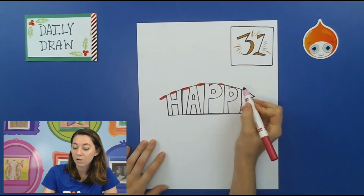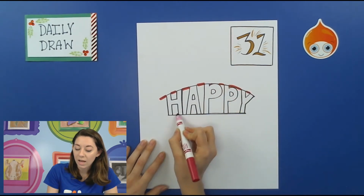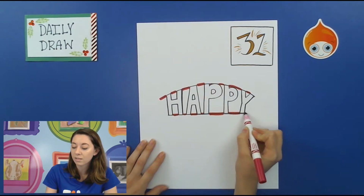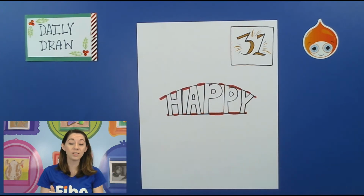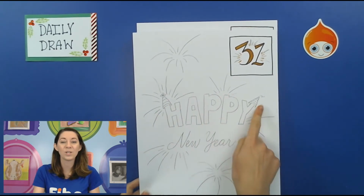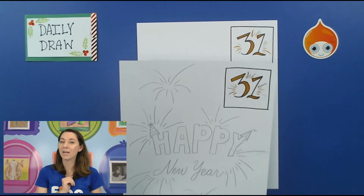So I'm going to go around, use your eraser, and underneath the letter as well. So anything that's part of your letter now, keep it there, but erase the rest and anything else you see. And then you should just have a whole letter. I'll give you a sneak peek. That should look like this once you're done erasing. Now I'm going to use this later to help you trace, but let's go ahead and move on to New